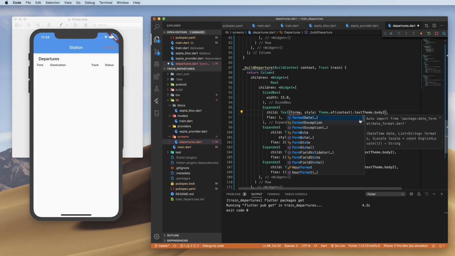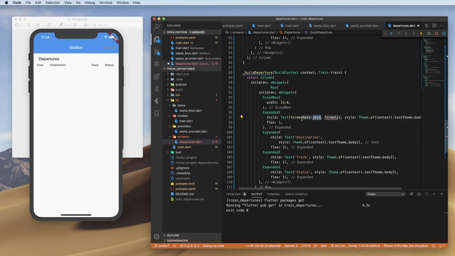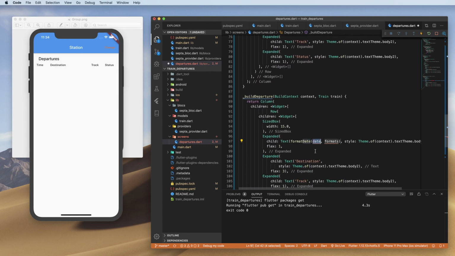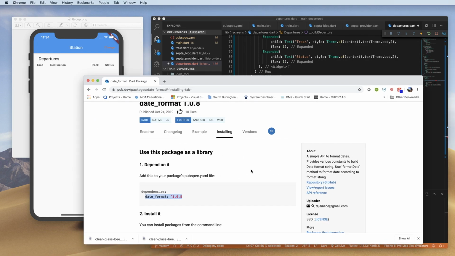so this is where I'm going to use the format date plugin. So let's use format date. That will import it up here. And it takes in the date as the first parameter. And so that's going to be train.departTime. So that's the time, a DateTime object from our train. And the formats, the plugin